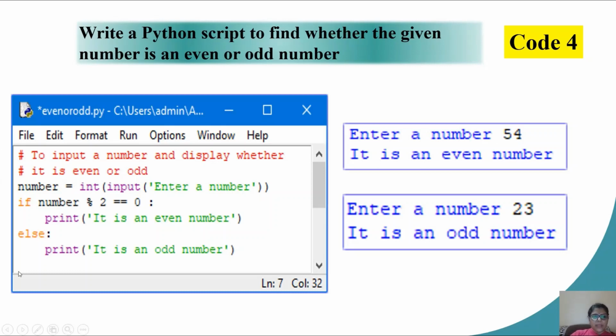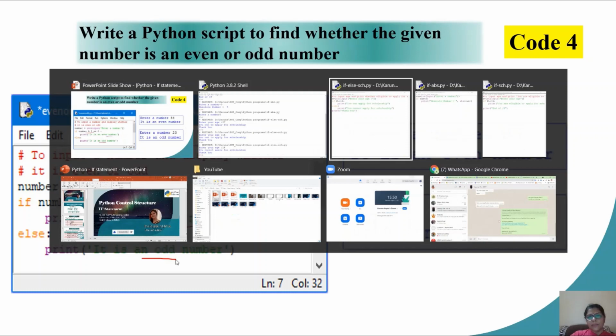Then I check my number for divisibility by using the modulus operator. Remember, the modulus operator gives me the remainder. So if I divide the number by 2 and find the remainder as 0, I can say it is an even number. If my remainder is not 0, in that case I would say it is an odd number. Let us test the program.